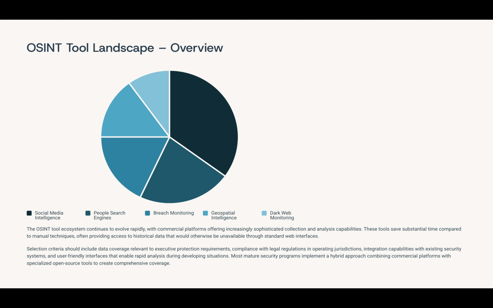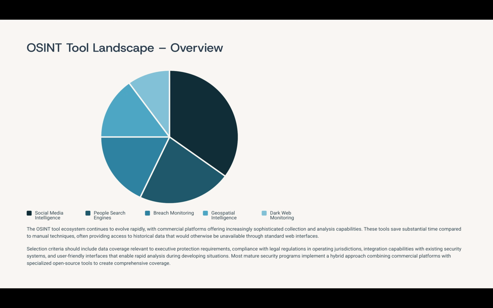On this slide, we're looking at the current landscape of OSINT, or open source intelligence, tools relevant to executive protection. The ecosystem is rapidly advancing, with commercial tools now offering features like automated social media intelligence, advanced people search engines, breach monitoring, geospatial intelligence, and dark web surveillance. These platforms can significantly streamline your workflow, providing both real-time and historical data that would be difficult or impossible to